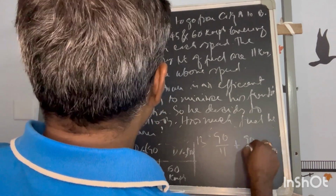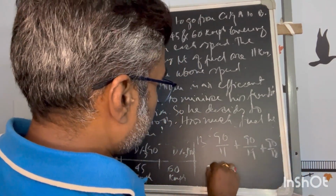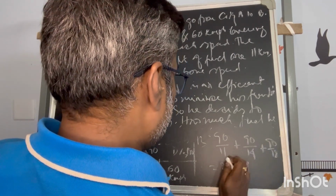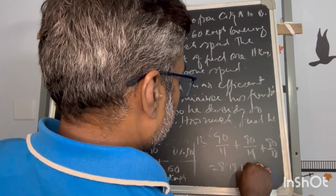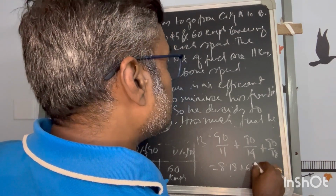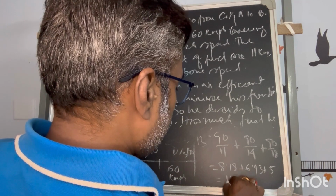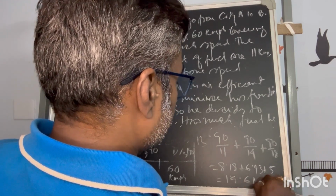Second case, 90 by 14 will be the fuel consumption, and that is equal to 90 by 18 is the fuel consumption. Now this 90 is equal to how much? 8 by 11 plus this is 14 means, or if I calculate in decimal approximation, to be 8, then 8 plus 14, 6, 14, almost 3 plus 18, 5. So almost how much? 5 11 19 and the decimal 11 5 and 6, almost this much of liter